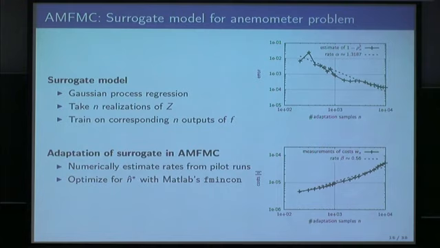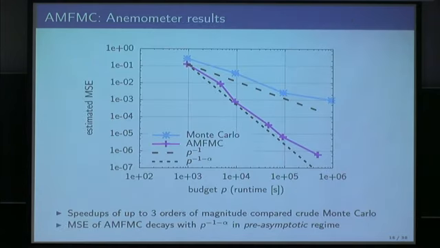Now to apply AMFMC, we need the rates and we need the constants. For Gaussian process regression, they are available in certain situations. We simply use here a numerical approximation of these rates. We take a couple of samples and estimate the error. The error is here this 1 minus rho n squared, and then we take a regressor through the data and come up with a certain rate. So this is a very hands-on approach in this numerical result. This gives us the alpha rate, and we can also do the same for the cost rate.